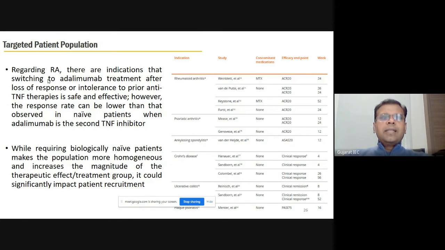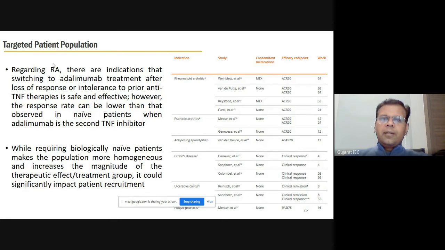So, as you are saying that adalimumab is being used in various indications like rheumatoid arthritis, psoriatic arthritis, ankylosing spondylitis, Crohn's disease, ulcerative colitis, and plaque psoriasis. So there are these various indications in which adalimumab is being treated as a TNF inhibitor. And what they try to see in different indications is, you could see it on the right hand side,